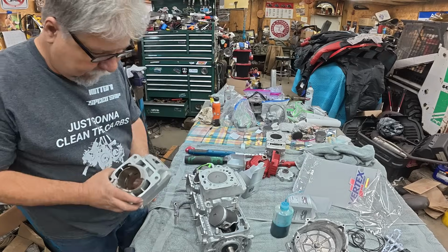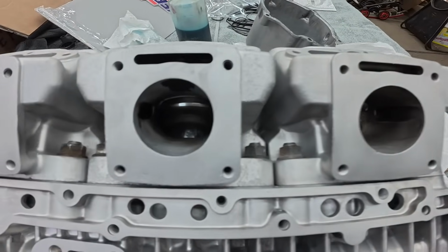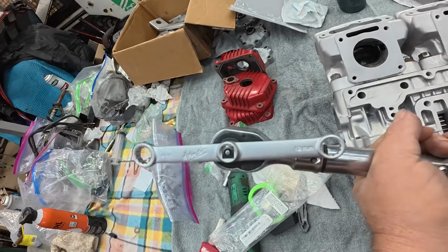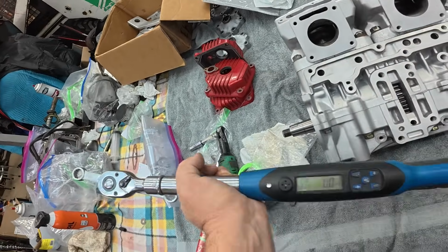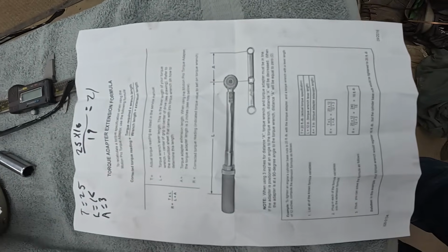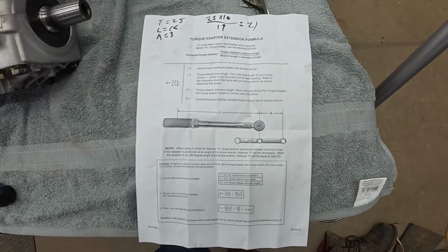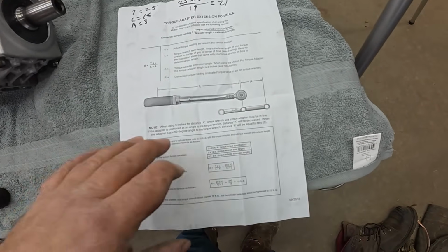Center done. Magneto next. All right, it's time to torque the cylinder base nuts, and they can be a bear. I mean, there's really not a lot of access in there. So my buddy Mike turned me on to this Motion Pro torque adapter that you use with your torque wrench. And I'll show you this the long way, and I'll show you this way. I'm not sure you're going to be able to read it either way, but this is how you use that